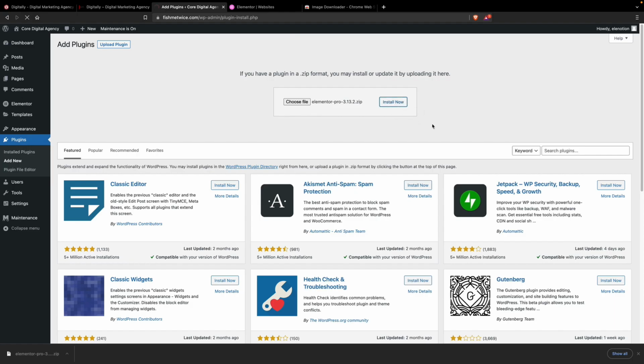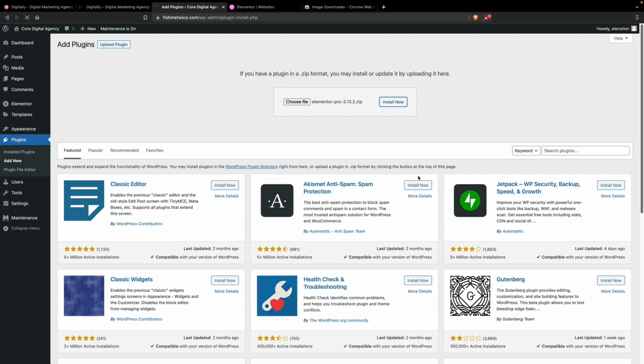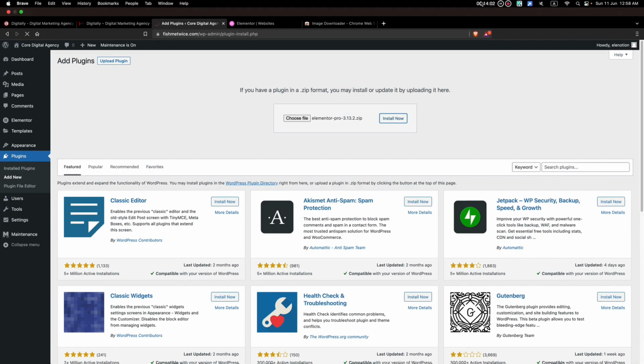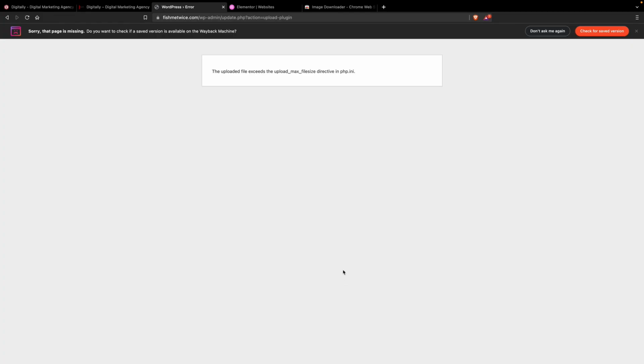So we are going to install Elementor Pro. The problem is when we are going to upload this plugin, it is showing upload max file size limit is exceeded. So we are going to solve this problem from hosting panel. You can see that I'm trying to upload the plugin, but it's showing that upload max file size limit is exceeded. So we are going to login